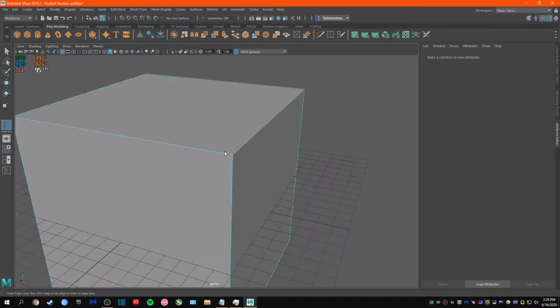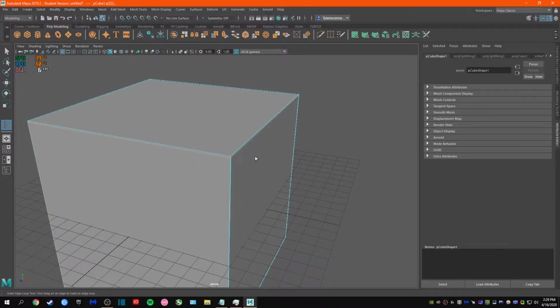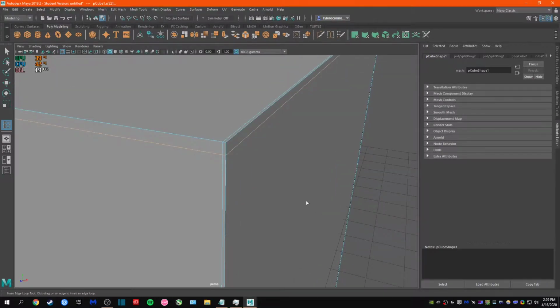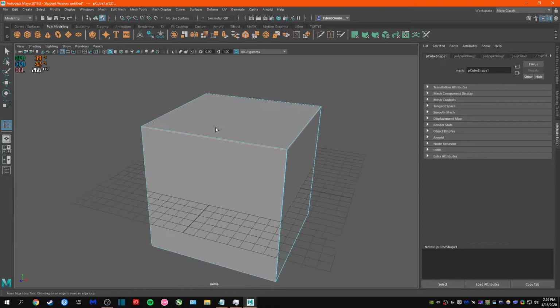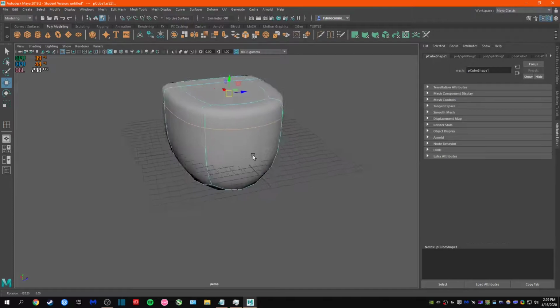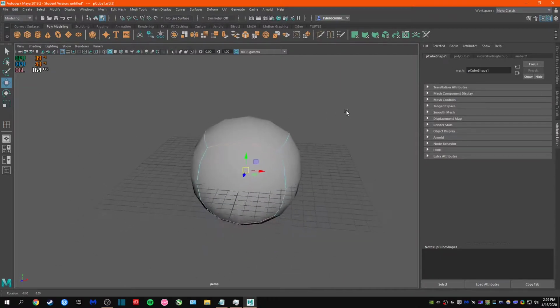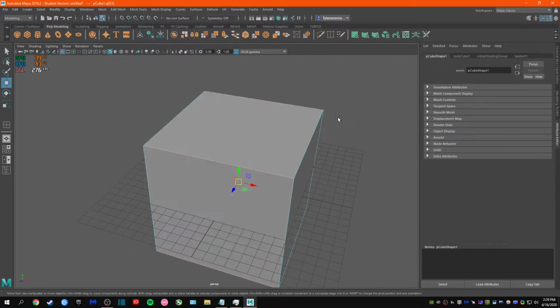And in this case, for these simple edges, what you're doing is you're telling the program that, let's say you see this edge right here, and I'm adding more edge loops, which is the actual term for adding edges. You're saying, I want this to be kept. So if I were to smooth this by hitting 3, as you can see, this is what the actual shape looks like. So if I take away these edges really quick, it turns into a very simple circle, even though